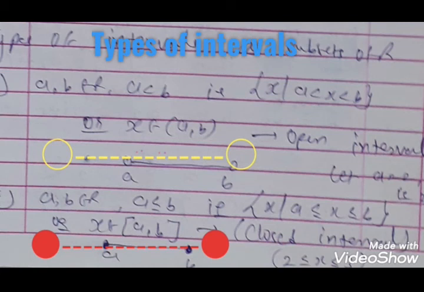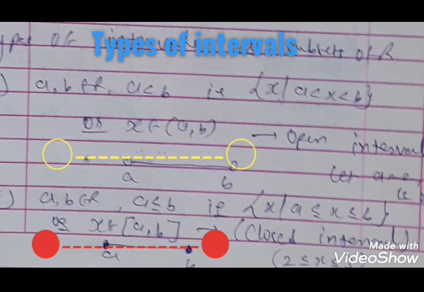Let us discuss the types of intervals. Here we take any two real numbers A and B, where A is smaller than B. So x is between these two numbers A and B. So here we say x such that A is less than x less than B. These two open circles, which are not darkened, show that these two elements are not possible, and the numbers between them are possible. It is known as the open interval. Here x belongs to round bracket AB, so x belongs to the open interval AB.